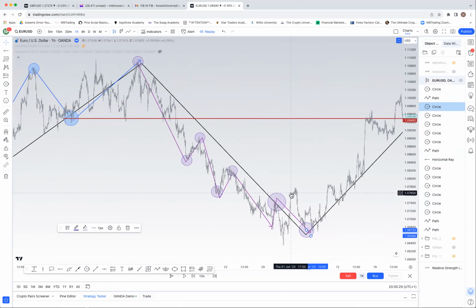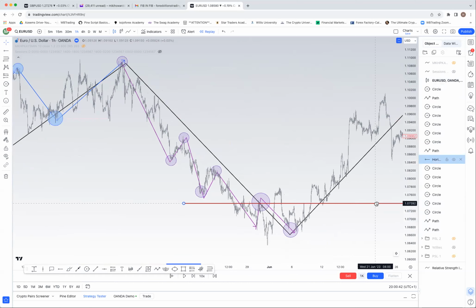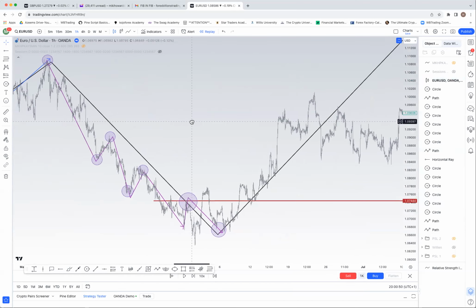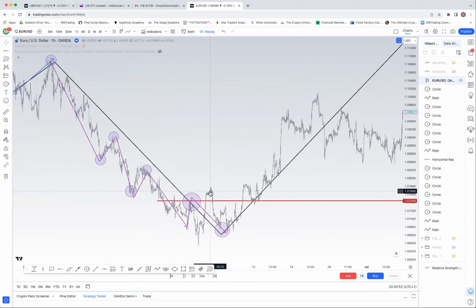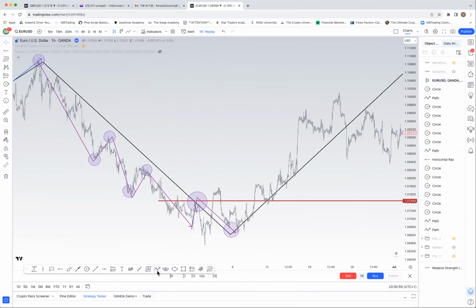But when we broke it, where did we close? We closed below. We didn't close above, so we didn't get retracement beyond that. So this would still have been our last retracement to go up. Where did we break it? We broke it here. What about the previous break? We broke it, but did we retest above it? No. So technically, what would have happened with the previous break is that this is a break.